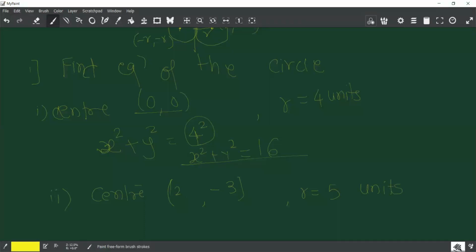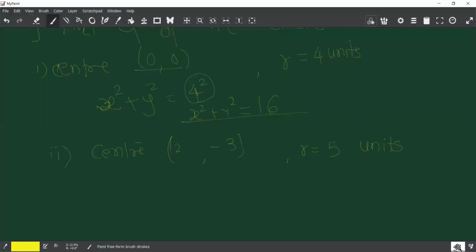अभी अगर तुम्हें कोई सेंटर देता है, रेडियस देता है, तो ऑब्वियसली सेंटर रेडियस फॉर्म x minus h the whole square plus y minus minus 3 the whole square is equal to r square. Correct? So it is x square plus y square, इसका आएगा minus 4x, इसका आएगा plus 6y, इसका 9 plus 4 13, ये 25 उधर जाके minus 13 minus 25, so minus 12 is equal to 0.